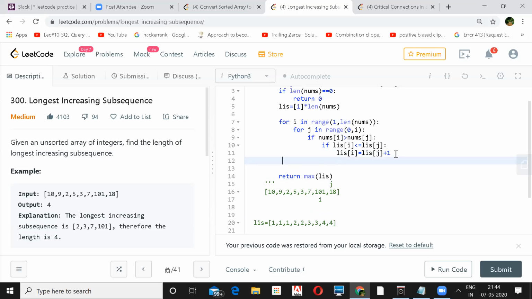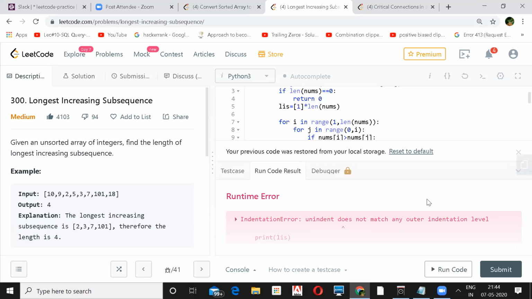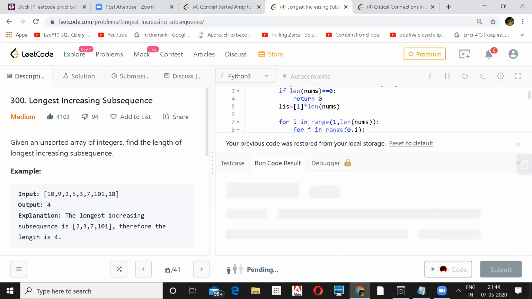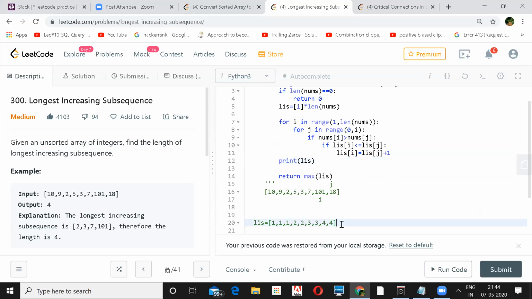The other thing we could do is have a max as a variable instead of returning max from the list. That may be a little more efficient. Oh, I think there is some indentation issue. Okay, 3 ones, 2 twos and 1 three.